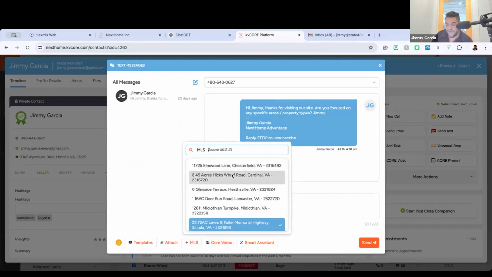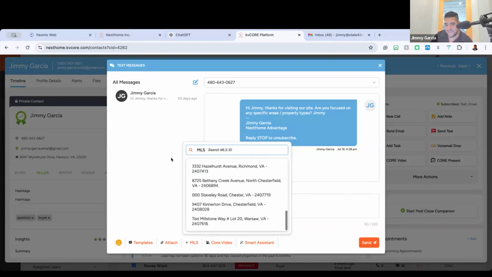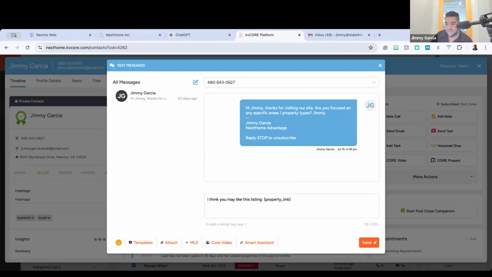Now, here's where you're going to see a little bit of a difference between what KV Core can do and what your KV Core can do. Sometimes if it's brokerage provided, you're only going to see your active listings or the listings of the brokerage only. I can't just put a random MLS ID number. So talk to your tech support team on your brokerage if that is the case. But yeah, let's say there is a listing by another brokerage. You may not be able to put that functionality in here, and that's just a brokerage throttle system. I don't know why, but that's just something that does happen. So you may only see listings that are within your brokerage that you're able to promote that way.